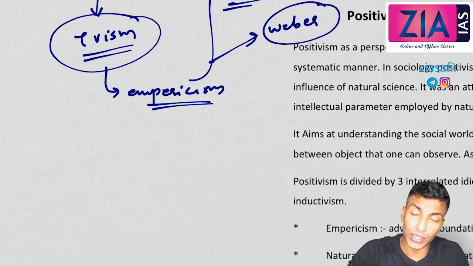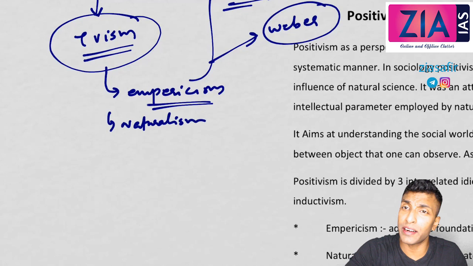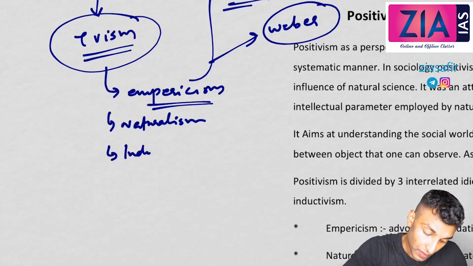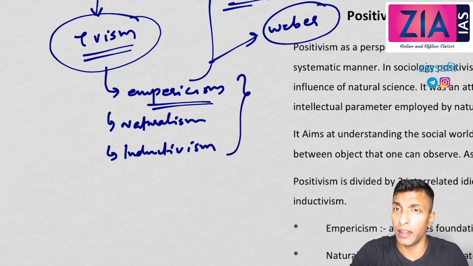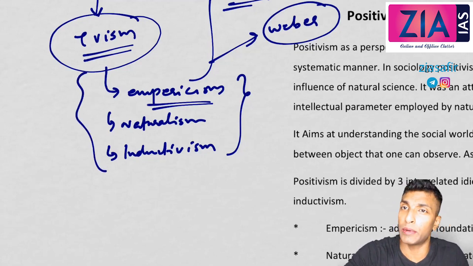Okay, so positivism is stressing on empiricism, naturalism. Naturalism means material reality is supreme and is the reason or the core of social order. Okay, then inductivism. Inductivism, I have already told you before, is actually a method of theory building. Okay, and inductivism is a method which is used in natural science for theory building. When it comes to social science, later it is understood that deductivism is better. Okay, so in social science the deductive approach is better, in natural science the inductive approach is better. So if you see positivism, these are the three core elements of positivism.